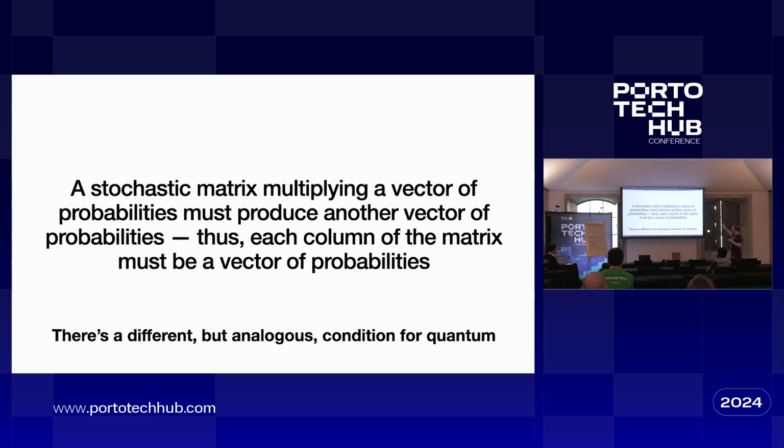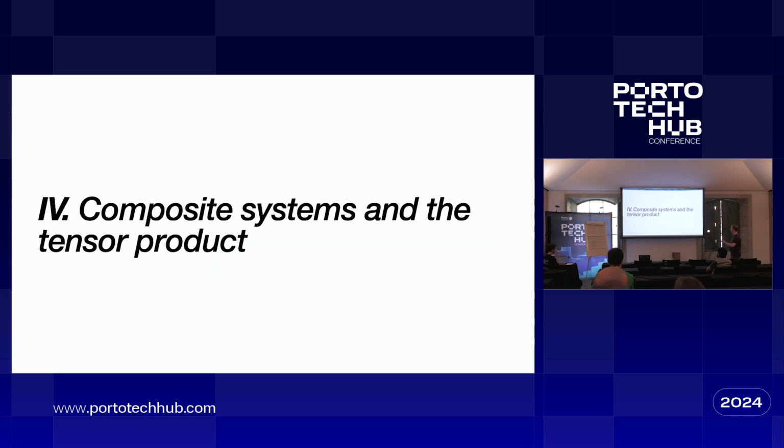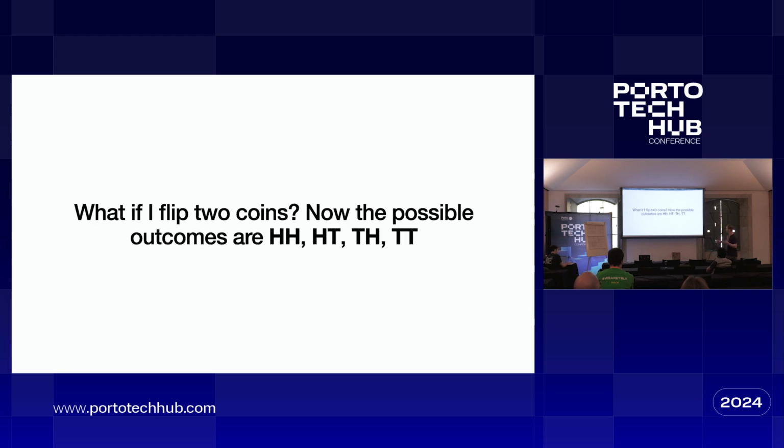The point about this is that we have to conserve probabilities, and there will be a very similar constraint on quantum processes, which is also important. Okay. Here's where it gets difficult. This is the most difficult section, so I'm going to slow down a little bit. We're going to talk about composite systems. This is so important for understanding entanglement and everything else, and I'm scared to do this section because I realize it's a little abstract.